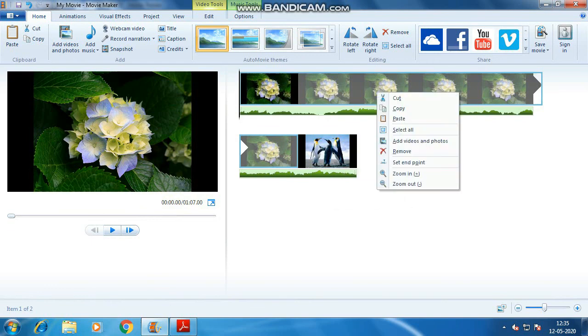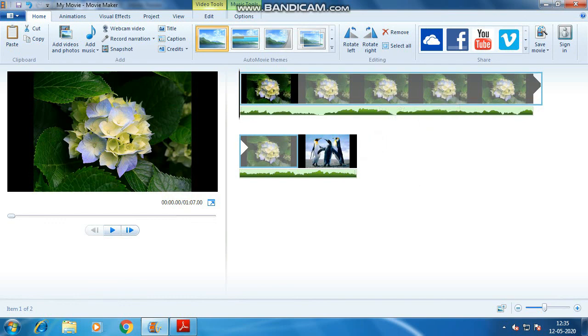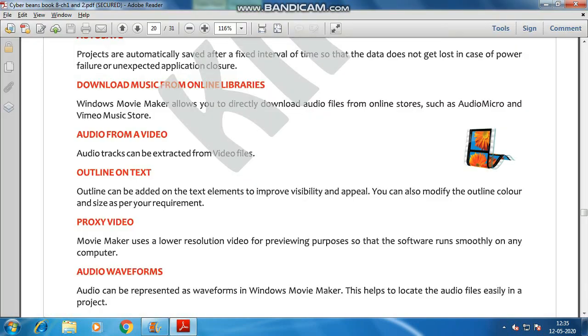They have given this point in the features portion because whenever you are integrating audio and image with each other to make a video file, right? So in resulting into a video file, you can extract a video file through some other